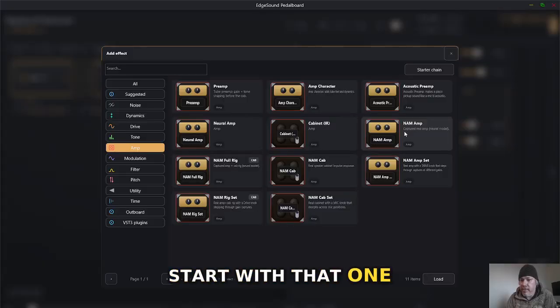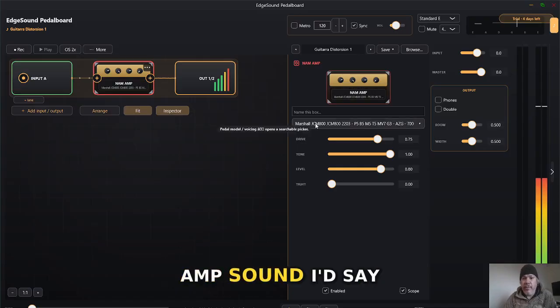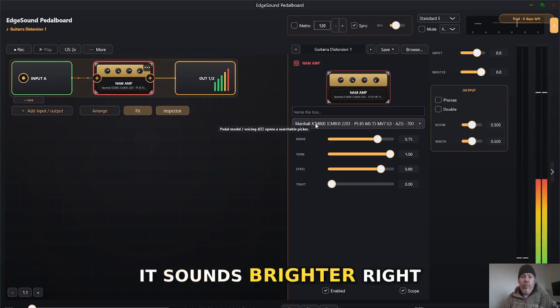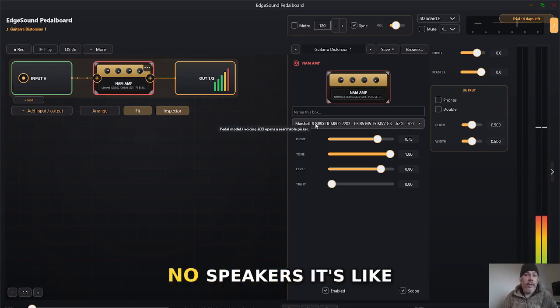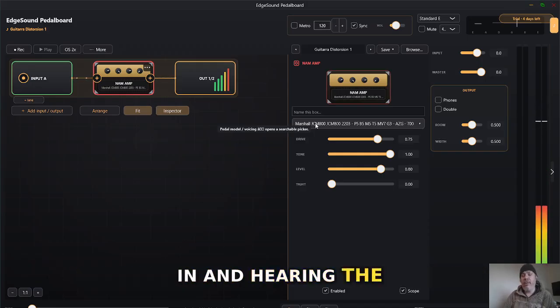Let's start with that one, this NAM. Here's the sound. The amp sound, I'd say. Let me play a little. It sounds brighter, right? Because there's no cab, no speakers. It's like plugging your headphones straight in and hearing the amp.